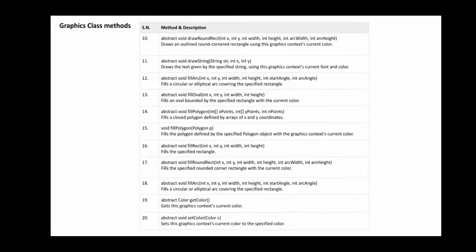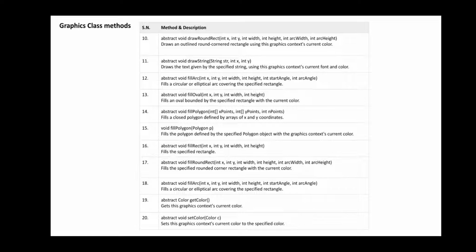One is package, another is class, next is method, and next is object. Whatever the objects call is used for methods. Methods are called through the classes, and classes are accessed from packages. So if you want to draw anything in Java using the graphics class, you need to use all these different statements and methods. Filling an arc, filling a rectangle, and drawing a rectangle are totally different.